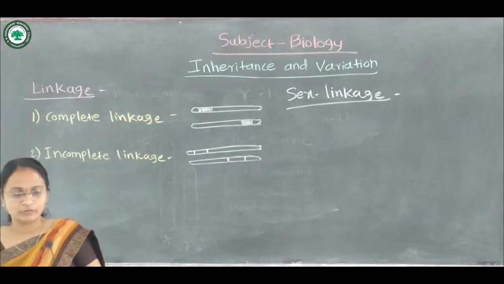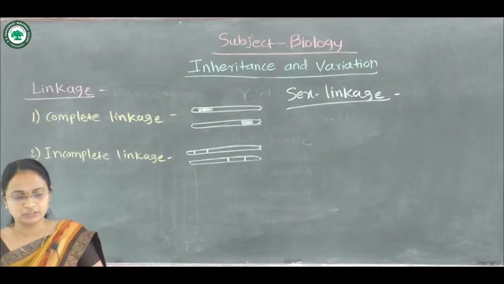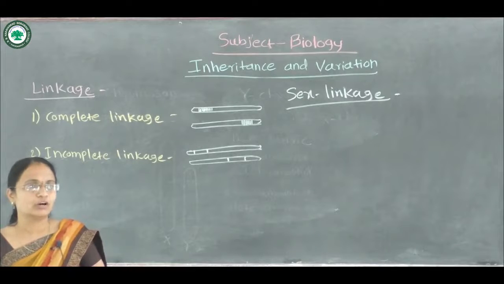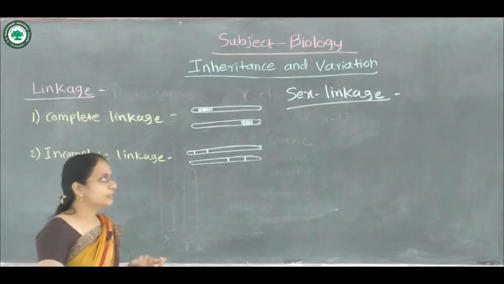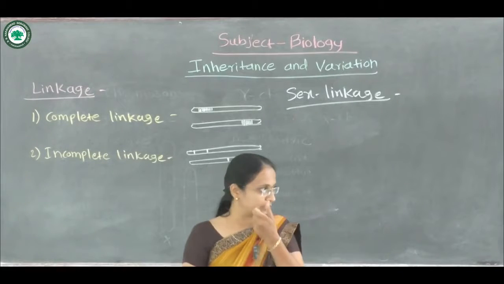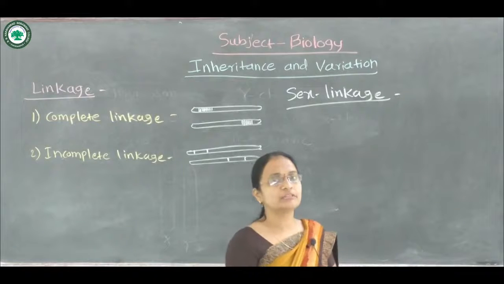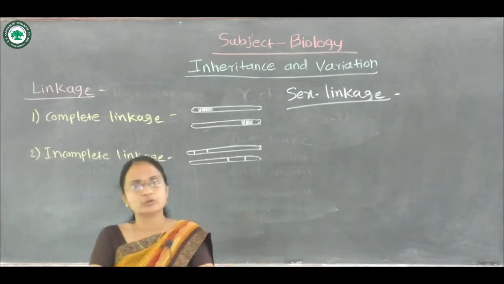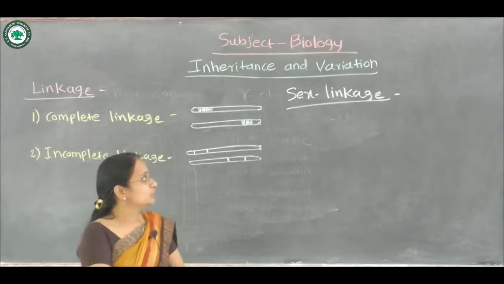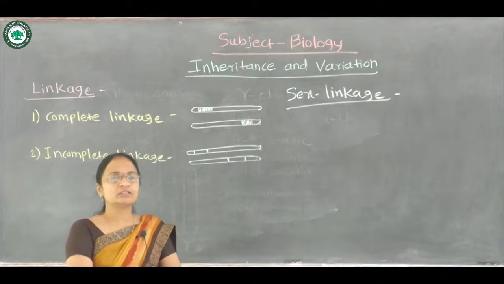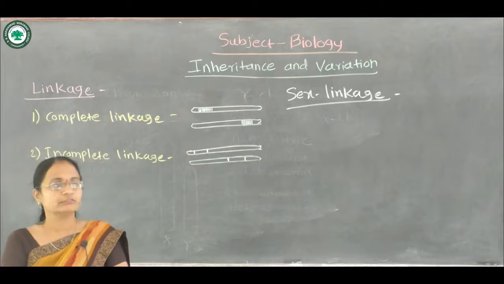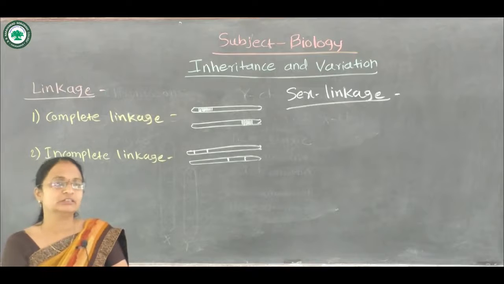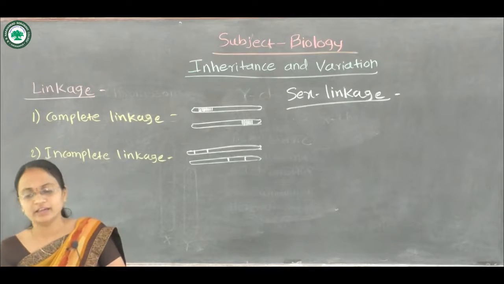The transmission of X as well as Y-linked genes from parents to the offspring is known as sex-linked genes or sex-linked inheritance. As we know, two types of chromosomes are present in the body, the autosomes as well as the sex chromosomes. Autosomes perform different characters, and sex chromosomes perform different characters. The genes related to the X as well as Y chromosome, when they get transferred from parents to the offspring, show linkage, meaning indirectly they are responsible to